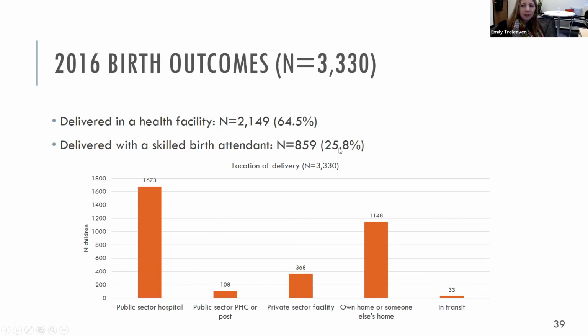Surprisingly, only about 26% of our respondents reported that their child was delivered with a skilled birth attendant. Typically, we expect these two indicators to match much more closely. So we investigated this a bit further and found that the wording for this question did not match exactly how it was asked in DHS, and was framed more as who was present at a child's birth. So we expect that many women considered, since say their mother or another friend or relative was present for the entire duration of labor, that they may have reported that person instead of a doctor or nurse, despite delivering in a health facility.